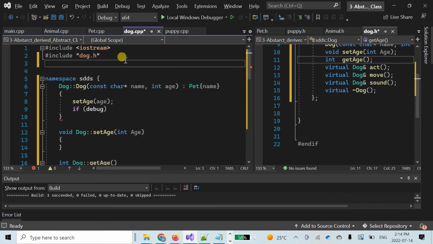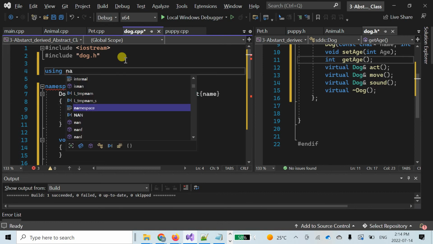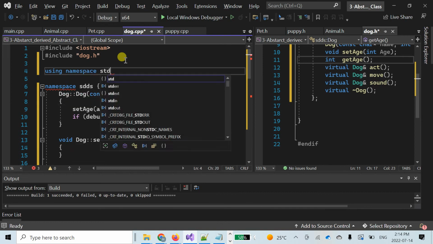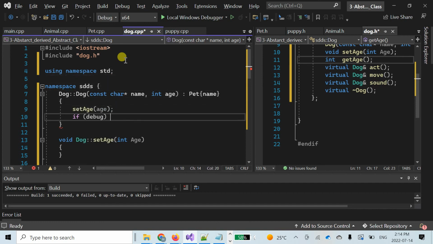Now, please let me add using namespace std here so that I don't have to repeat this std. If debug cout